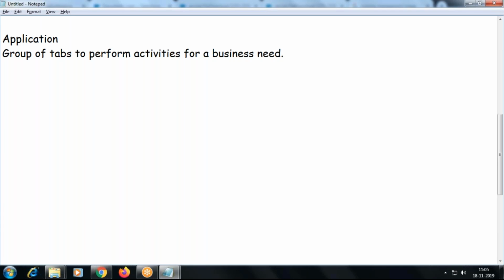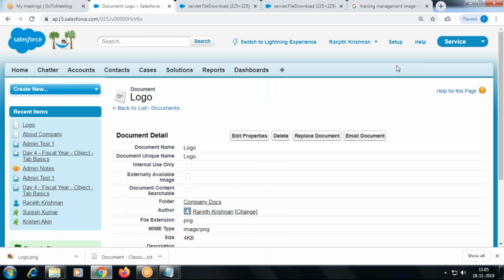My purpose can be anything: sales, service, marketing, training, banking, or insurance. Then I'll group related tabs, right? So if my purpose is a sales application,